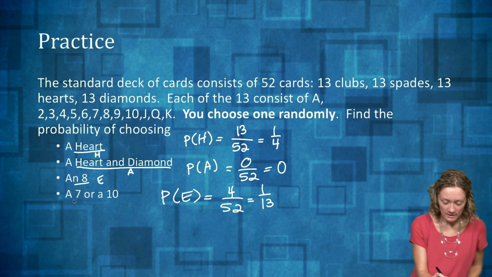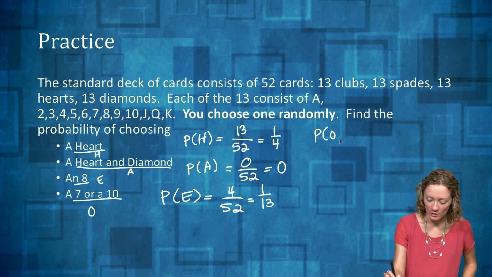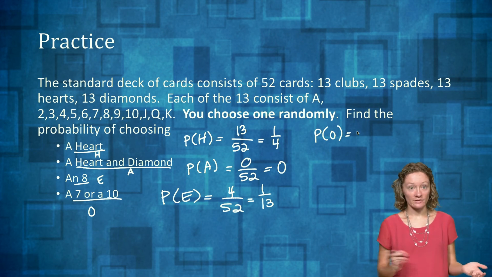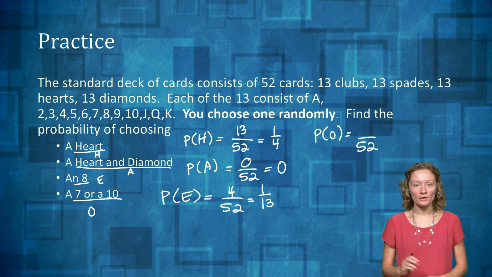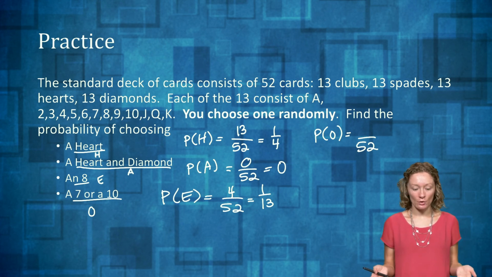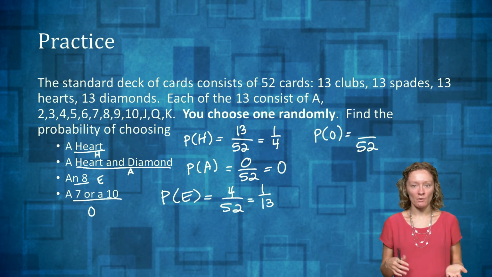And then the last one, a 7 or a 10. We'll call this event O. Probability of a 7 or a 10. There are 52 cards total. How many of the 52 are either a 7 or a 10? Sure, also or both, but they're in the same kind of category, so you won't have a card that's a